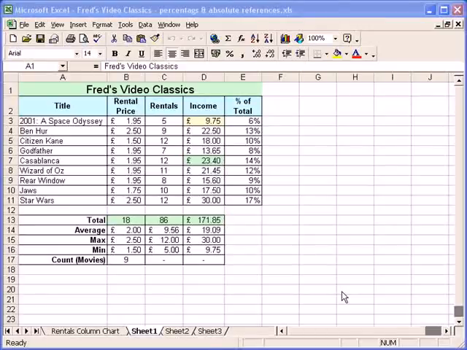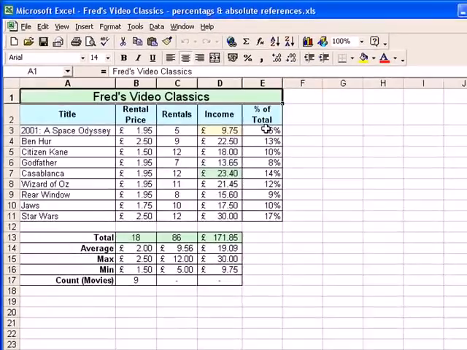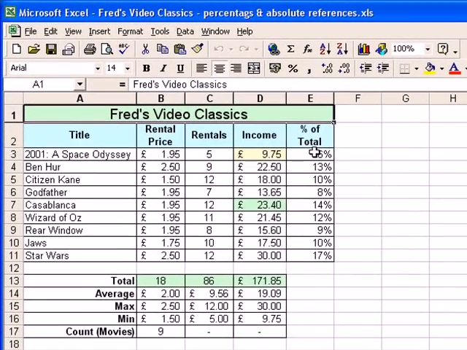Hi, this is a quick update to the previous video that looked at the percentages and absolute references. You'll remember at the end of that video I mentioned that Casablanca was highlighted as the best-selling title, and as you can see from the list, it is in fact Star Wars at the bottom there with £30 against £23.40. But the conditional formatting hasn't properly updated to highlight Star Wars, so all I'm going to do here is just